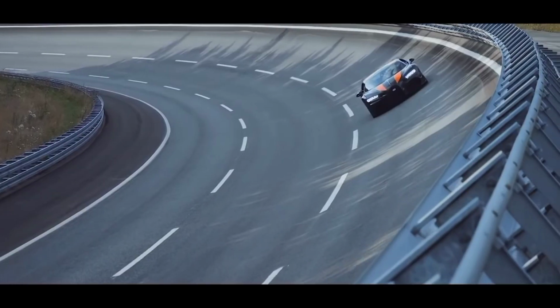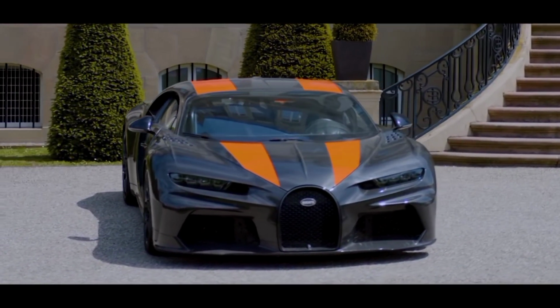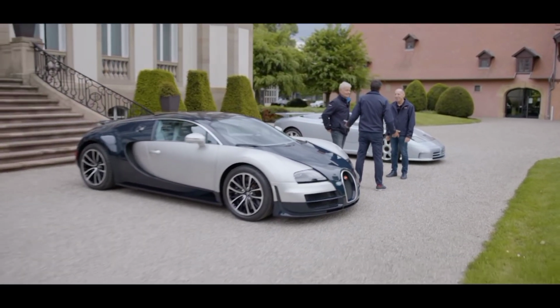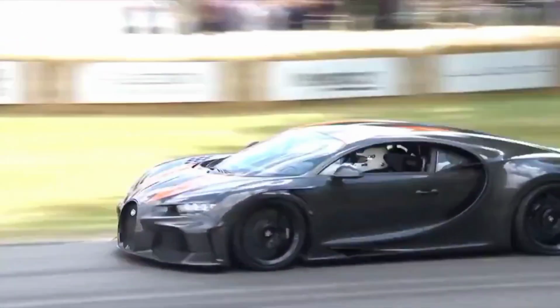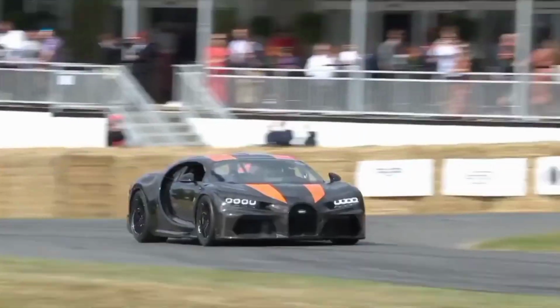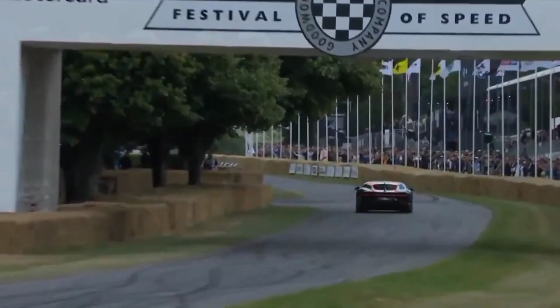Bugatti has been a legendary name in luxury supercars for a long time, which makes sense. The Chiron's upgraded quad-turbocharged W16 engine increased its speed and added some brawn to its beauty. As a result, Bugatti now has not one, not two, but 3 spots on our list of the fastest cars of 2023. Even though the Bugatti Chiron Super Sport 300 Plus is no longer the fastest car on the market,